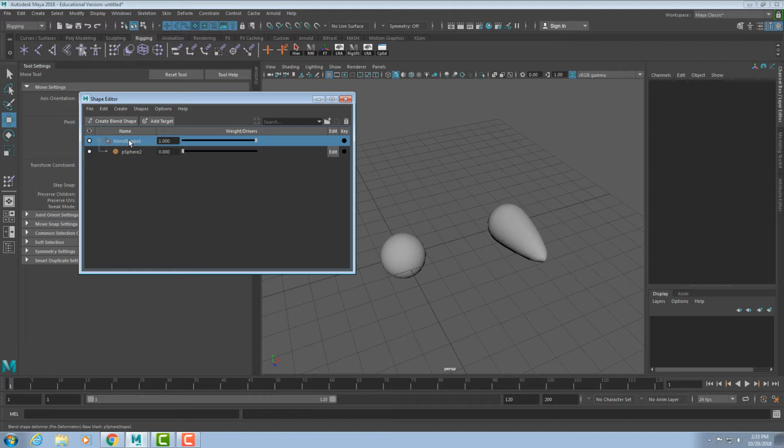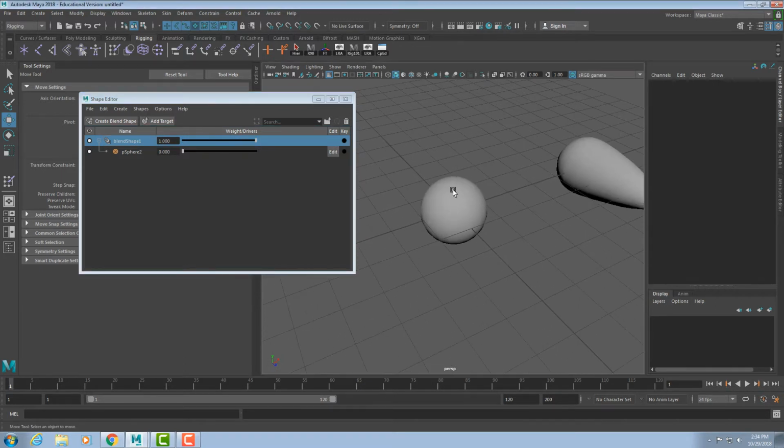And so this first value here, this blend shape 1, is the overall blend shape. This actually controls the overall effectiveness of the subsequent targets. So if you had 10 targets and we took this all the way to 0, it would kill all the effect that all the targets below have on our base shape. So we can turn them all on or off using this one slider. Now I'm going to take that back up to 1, but we still don't see anything happening, and that's because